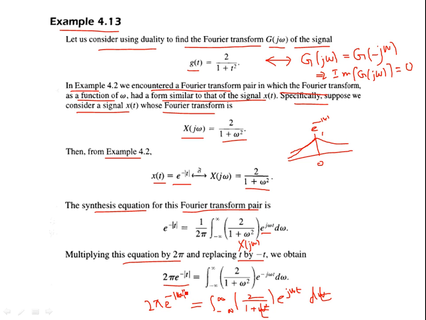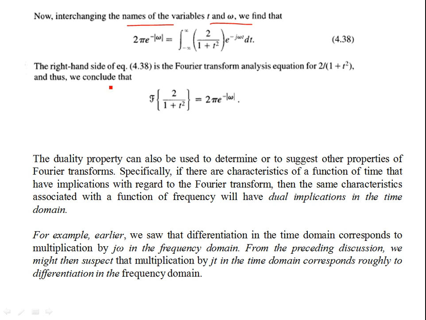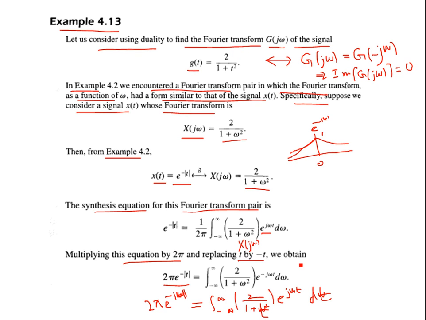So this is 2 pi e to the minus |omega|, integral from minus infinity to plus infinity of 2 over 1 plus t squared e to the minus j omega t. This becomes the Fourier transform of 2 over 1 plus t squared, and the Fourier transform is given on the left hand side, that is 2 pi e